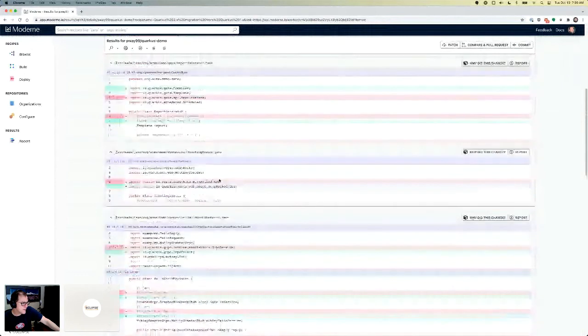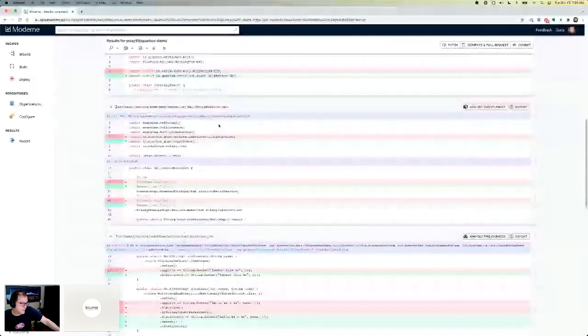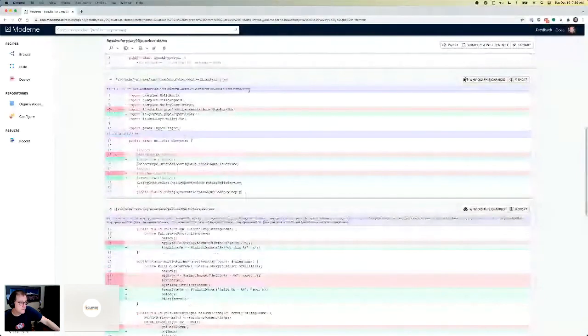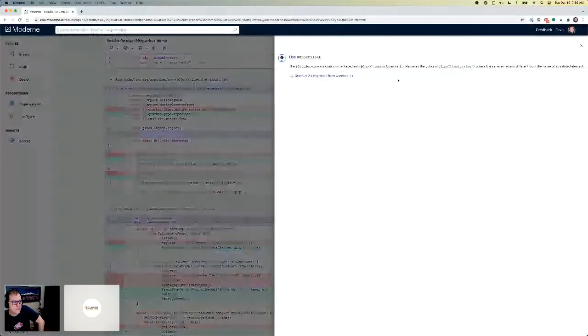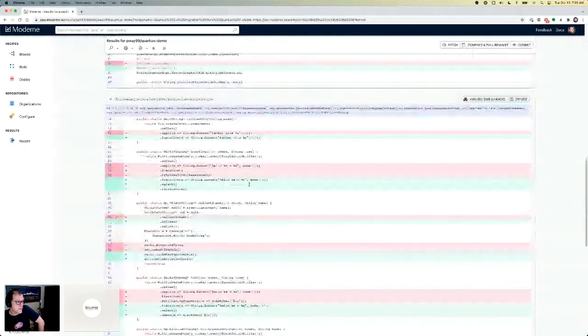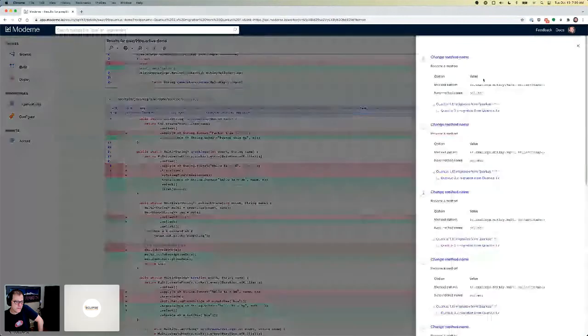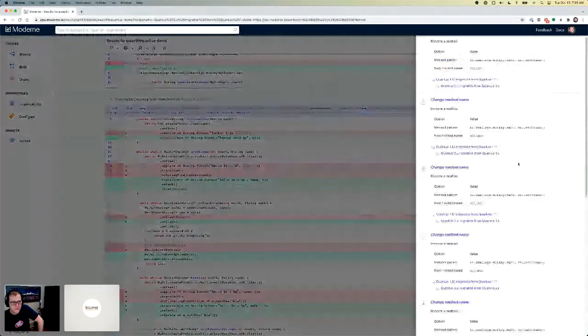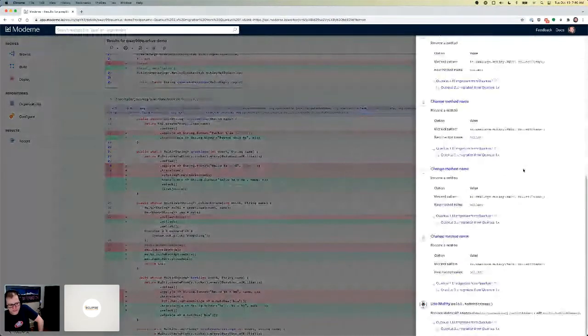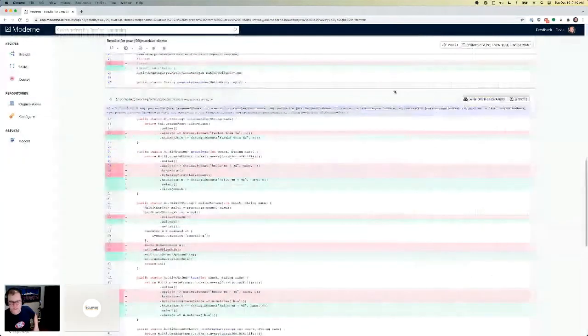Let's see here, change type, those aren't very exciting. Here's a more complicated one. This will give you a description saying, hey, replace this with the gRPC client, and sure enough, there it is. Okay, cool. Here's a fun one. Factory service. You can see here, this had a whole bunch of recipes changing this. If we go in here, it'll tell us, wow, there's a lot of stuff in here. Everything that made a change is here. Again, all this information is available when you use Maven as well.